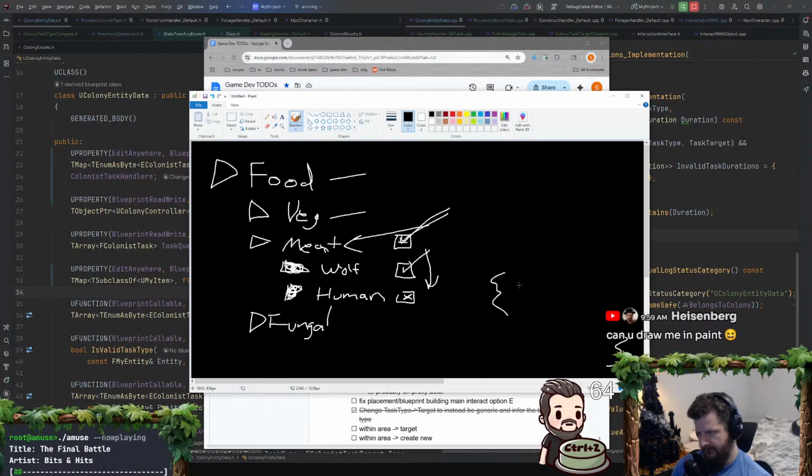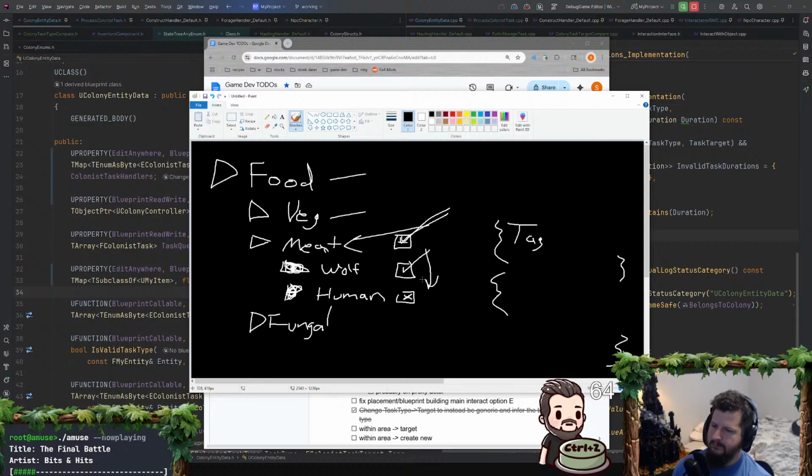So yeah, it's strong. I might need 2 arrays or 2 maps. One could be the tag, and then one could be class. But then again, you wouldn't want to. Yeah, I think I need 2, unless I create a gameplay tag for every single class in the game. Every single item class has a gameplay tag. That feels